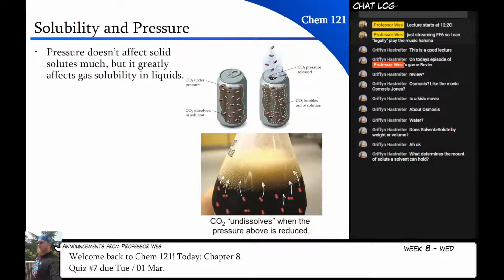Now, there are other different things that affect solubility besides temperature. If something is a gas and you try and dissolve it into a liquid, the amount of pressure that you have also matters a lot. On the screen, you can see that I have a soda can here. There is gas in the headspace above the liquid, and that forces it to be dissolved into the solution. So the higher the pressure is in your soda can, the more carbonation dissolves into it